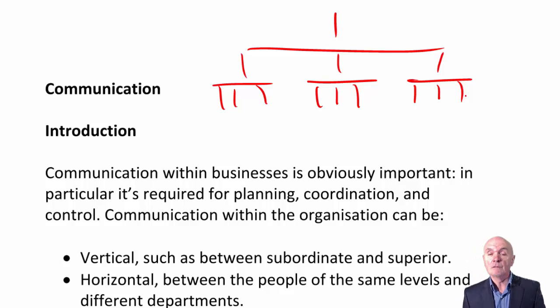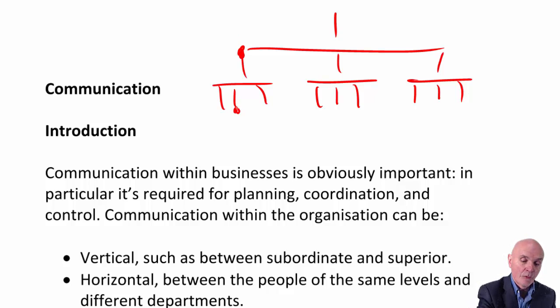Well, you can have vertical communication. In older organizations, it was very much the boss telling a subordinate what to do, and maybe the subordinate reporting back to the boss what the results were. Nowadays, we often expect the communication to be much more two-way, particularly if you have a knowledge worker down here who knows an awful lot more than the boss does up here. But that is vertical communication. You then have horizontal communication, like that.